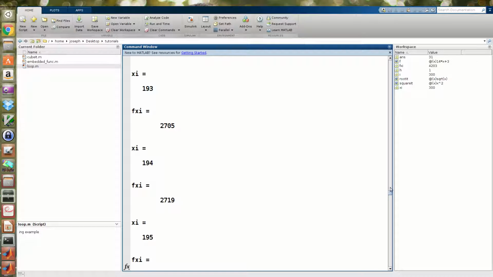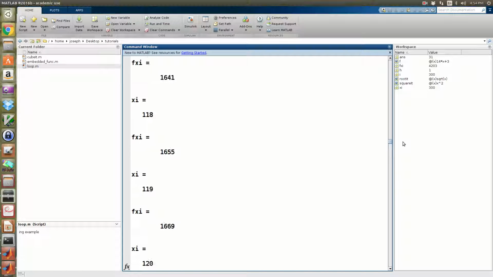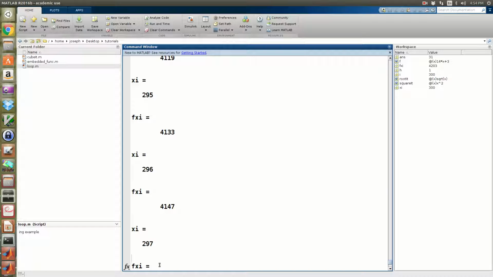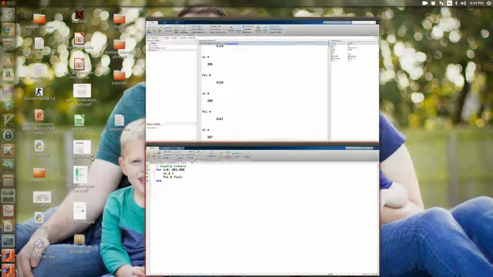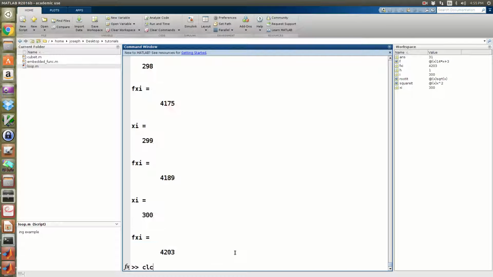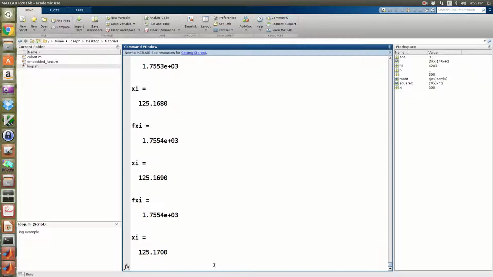Now all the x values are just being set to i. One way that you can change how much it's incremented by, like I said before, is I can come back here and say, instead of using a step size of 1, use a step size of 0.001. So now it should go x values between 0 and 3 in steps of 0.1. So save this, run it again, and you'll see what we get. Oh,